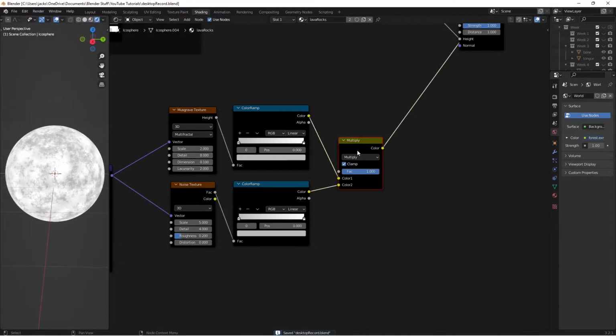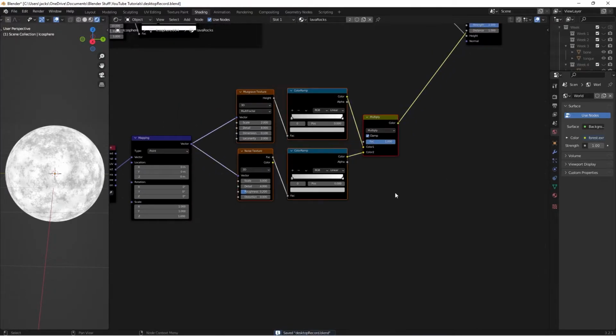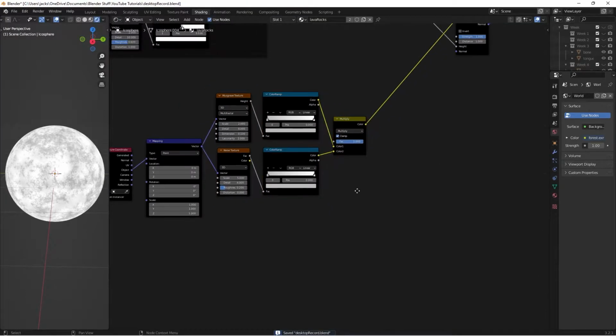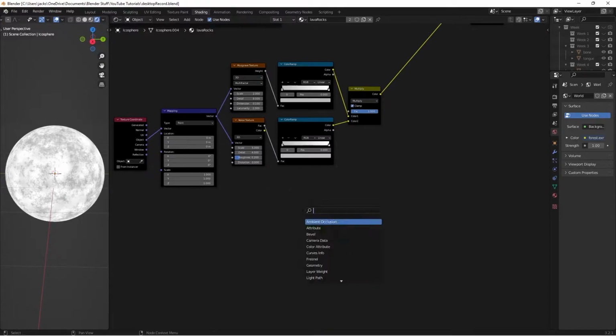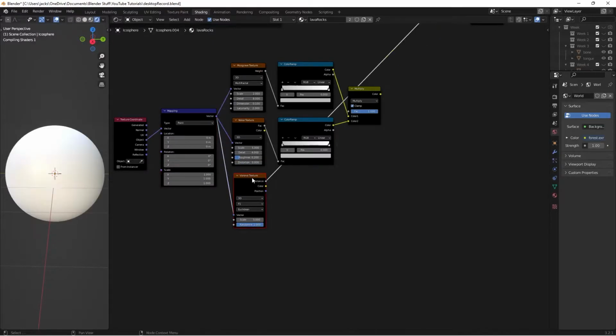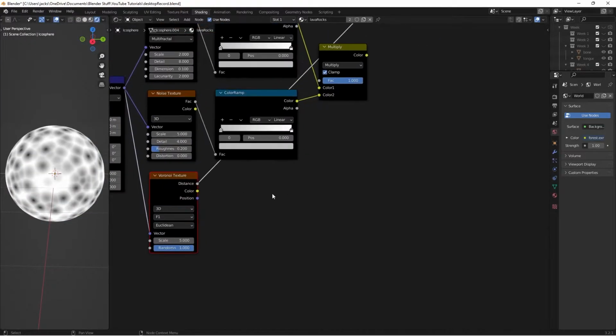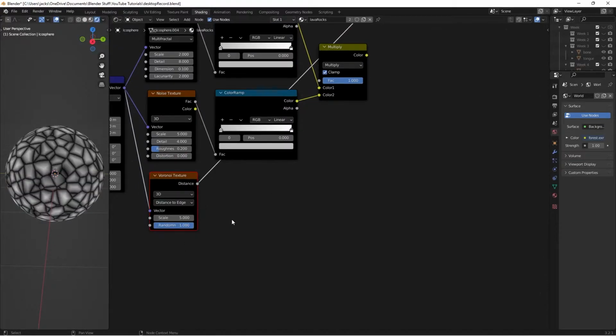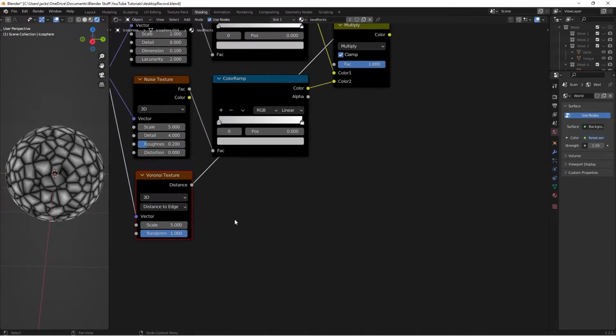However, we want to be a little bit more detailed than this, so we'll be doing one more layer of this mask. And we'll start off by hitting Shift A, search up a Voronoi texture here. Take the vector from the mapping node into the Voronoi texture. Control Shift left click to preview. And now we're going to switch from F1 to distance to edge. And the scale, we're going to be switching up all the way to a 40